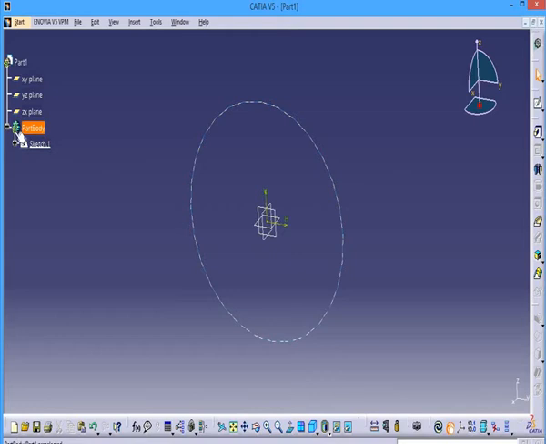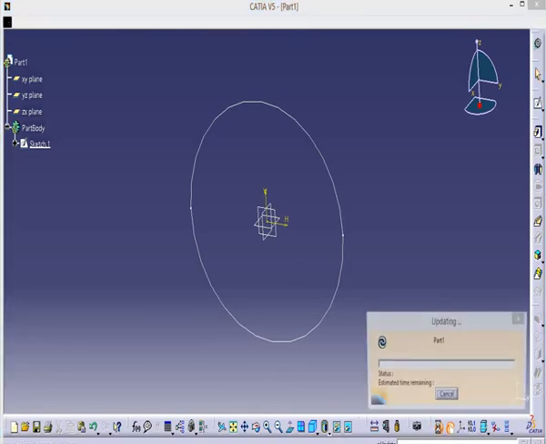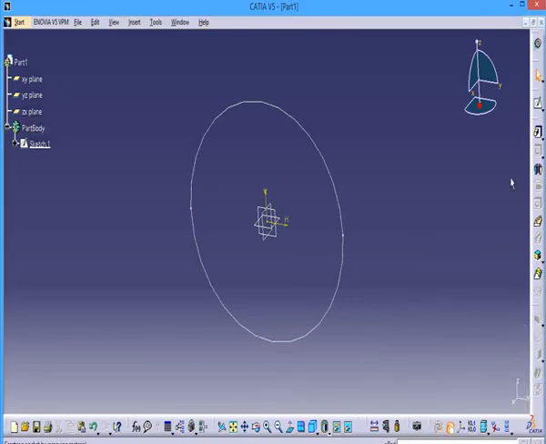After that, if you see this symbol, you may be surprised. What is this? This is the update symbol. So click it, it will update. Whenever you do some activity, I mean you are editing the sketch, after clicking that update option only, it will update. If you change 16 to 100, the 100 will change after clicking this.